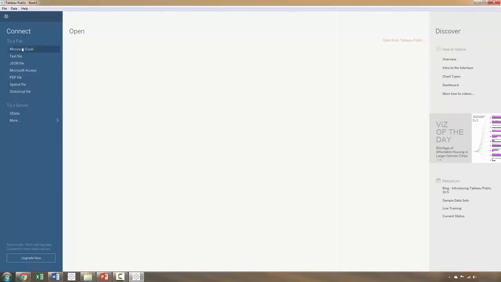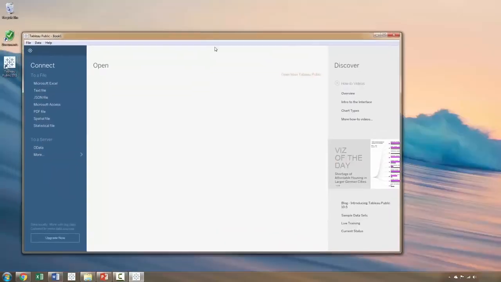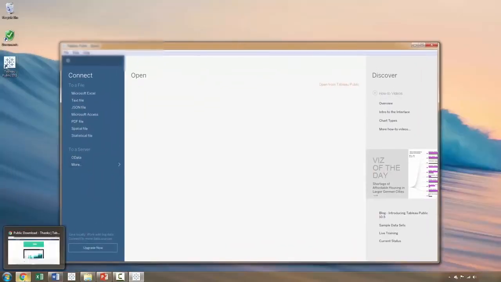The desktop version really has more options here, and you can connect to a server like AWS, Azure, or Google Cloud, or any sort of cloud environment, and pull your data in directly from there. So we need to go ahead and get our data set, and the data set I'm going to use for this tutorial